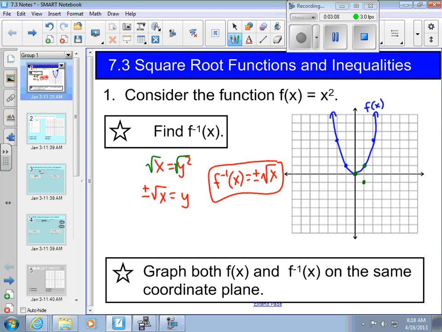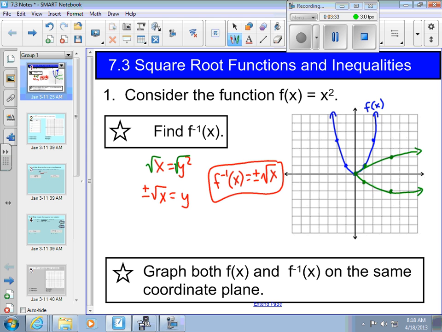If we put in another number, let's try like 4. If we put 4 in for x, square root of 4 is 2, so it'd be positive 2 or negative 2. So the inverse